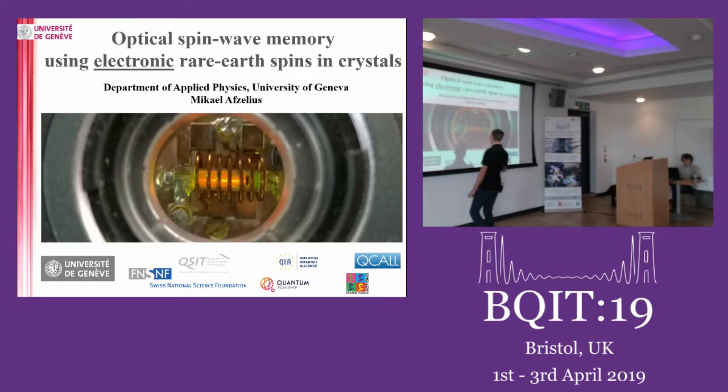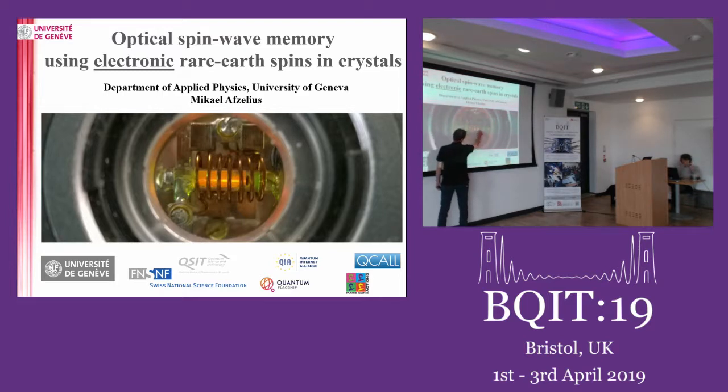So this is a cryostat, and we are looking down through the optical window. Here you see one of these rare earth crystals. Then you have a laser coming in, interacting. Actually, what you're seeing is a yellow laser producing red fluorescence. That's why the crystal looks red. That's a fluorescence created by the laser as it's doing optical pumping of ions. So this is a preparation step for our memory.